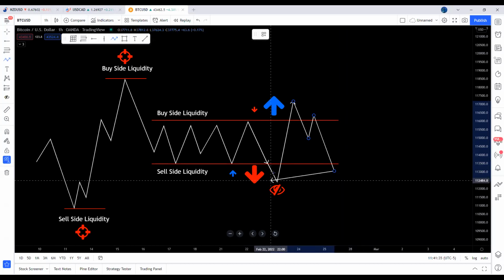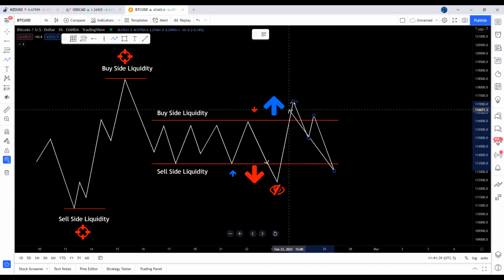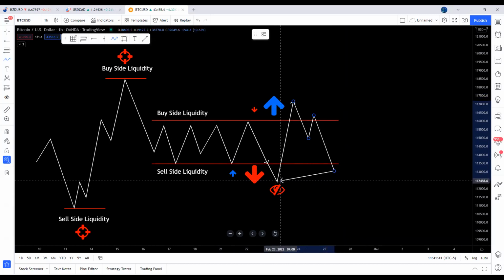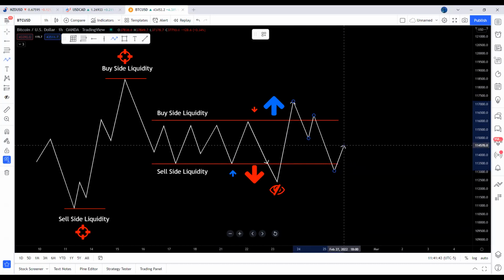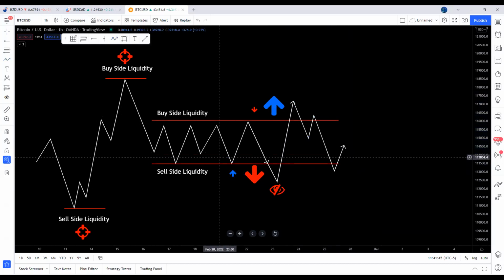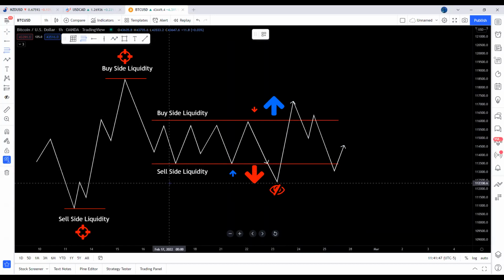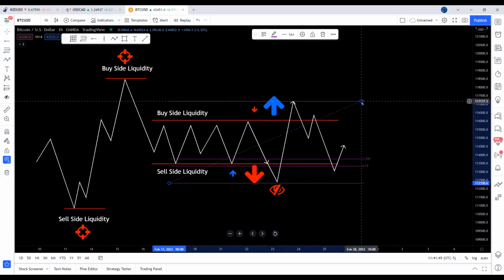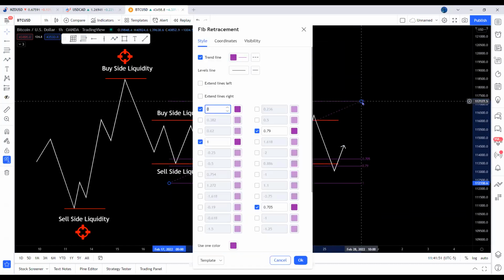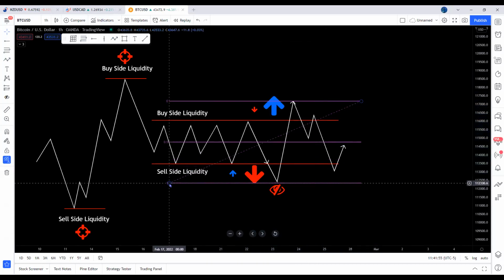So right here, price retraces back deep into discount pricing, right? So if this is a range, then this is discount pricing. Now, what do I mean by that? Okay, I'm going to stop that right there. So if we were to pull out our fib, and pull out a PD array, a premium and discount array, if we were to mark our arrays right here,